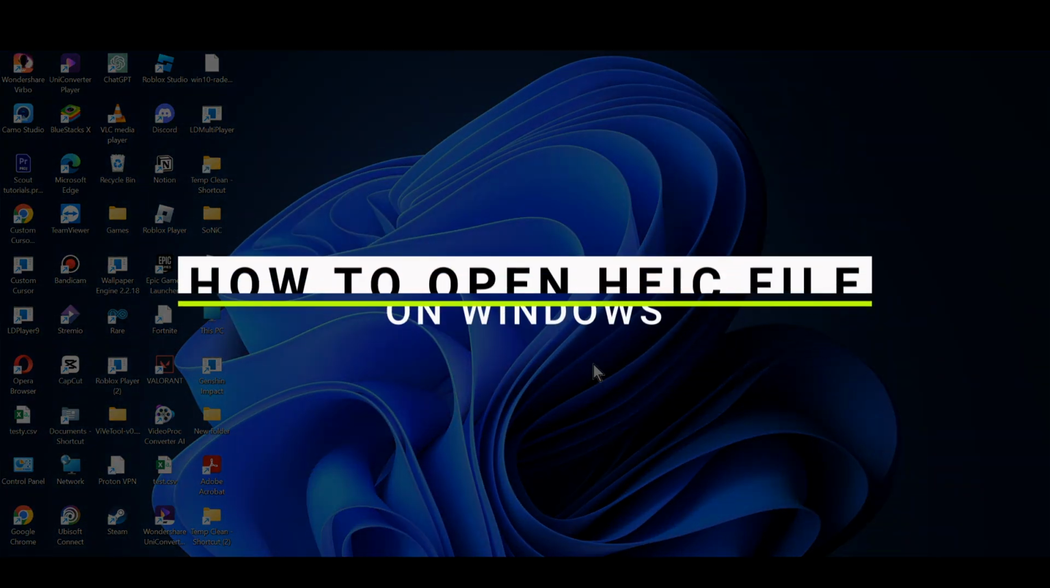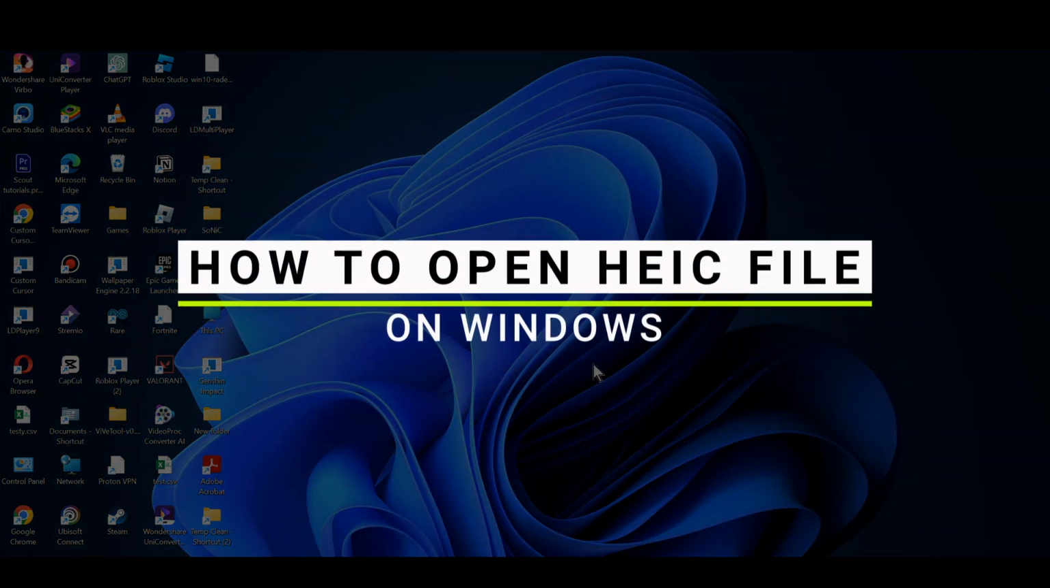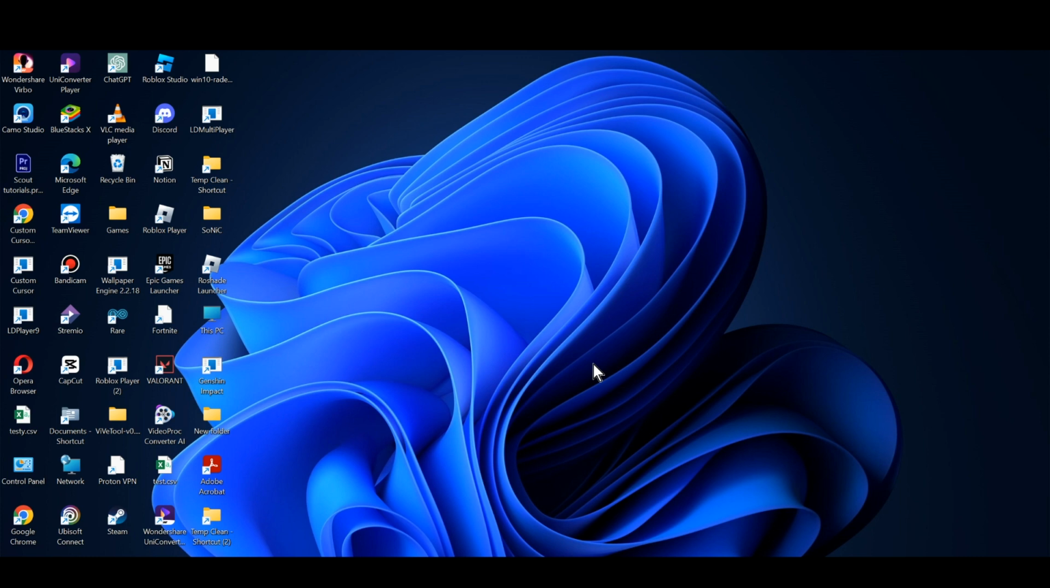So how you can open HEIC file on Windows. Now opening up an HEIC file on Windows is not directly possible. Probably you are facing the error of unsupported format or anything like that. So what you need to do is to simply open up your Microsoft Store or any browser that you are